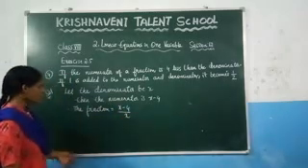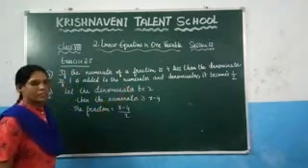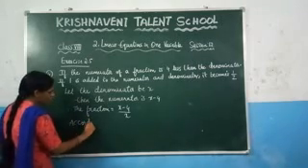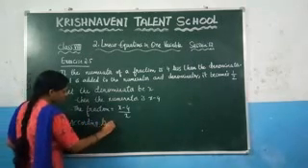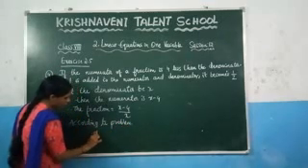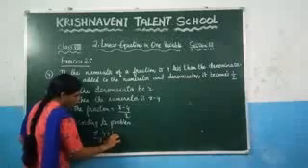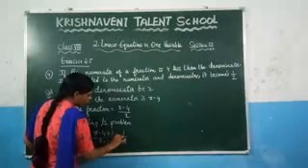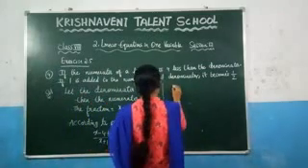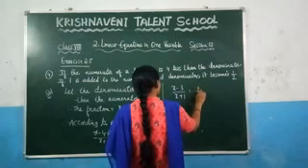Now what they have given: to this fraction you need to add 1 to the numerator and the denominator. So write it here, according to the given problem, if you are adding 1 to the numerator and 1 to the denominator, you will get the result which is 1 by 2. Now you need to solve this one. So write it here. What you will get? x minus 3 by x plus 1 is equal to 1 by 2.